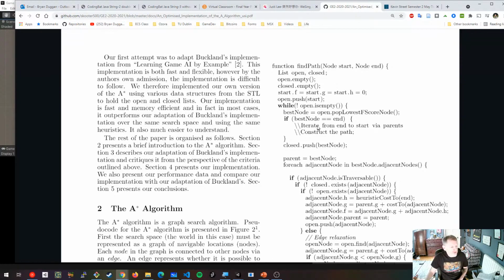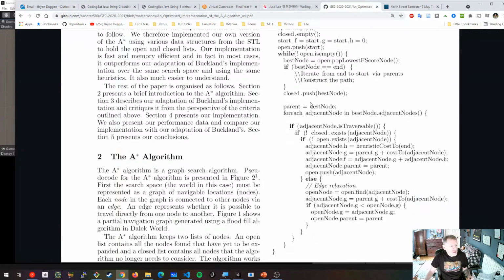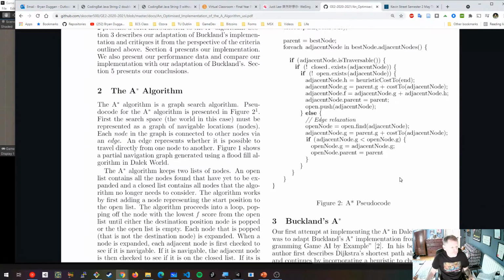If the algorithm hasn't found the end node, then the node that gets popped off the open list now gets pushed onto the closed list. And then all of the nodes that are adjacent to the node that we just popped off the open list get expanded and added to the open list. So this is how this particular part of the algorithm works. For every adjacent node, which is basically a node that is connected via an edge to the node that we just popped off the open list,